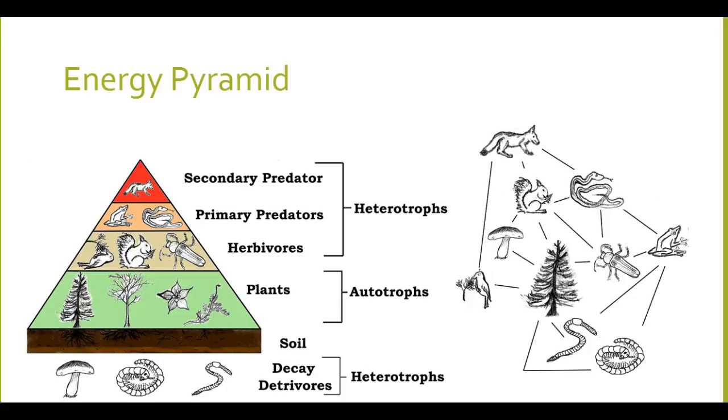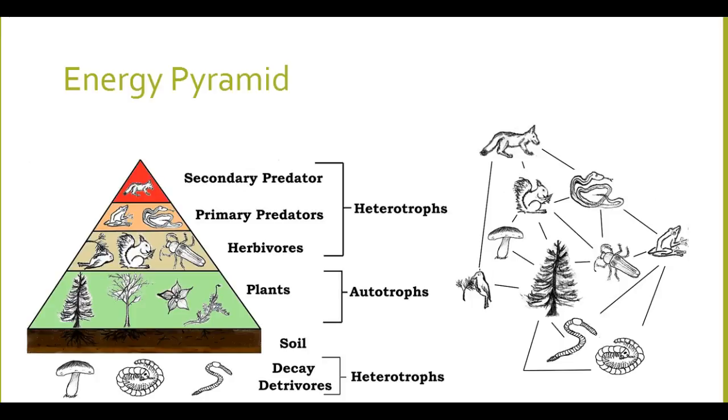So the last tool we use to look at ecosystems and relationships among creatures is what's called an energy pyramid. Now, the pyramid is a model and it shows energy relationships amongst different creatures. So at the bottom here, we're going to have our plants at our primary level of our energy pyramid, and these are our autotrophs. These plants in particular are going to get energy from non-living sources. Okay, so they're going to use the sun, they're going to use nutrients that were not alive to produce energy.